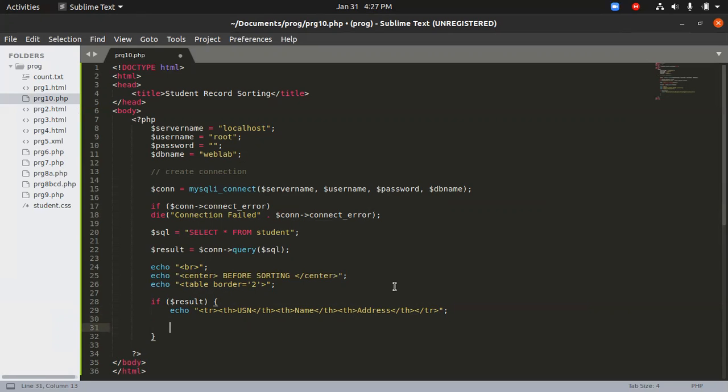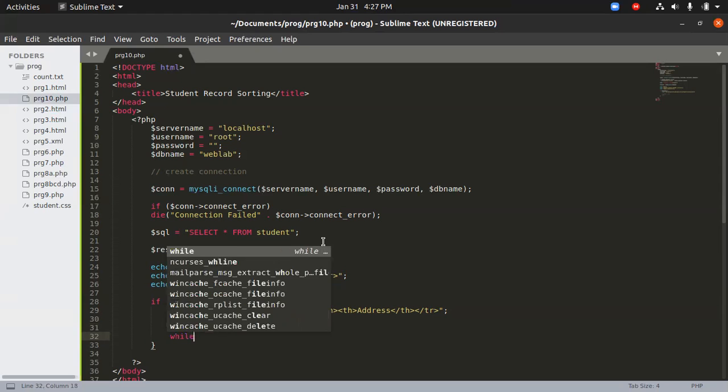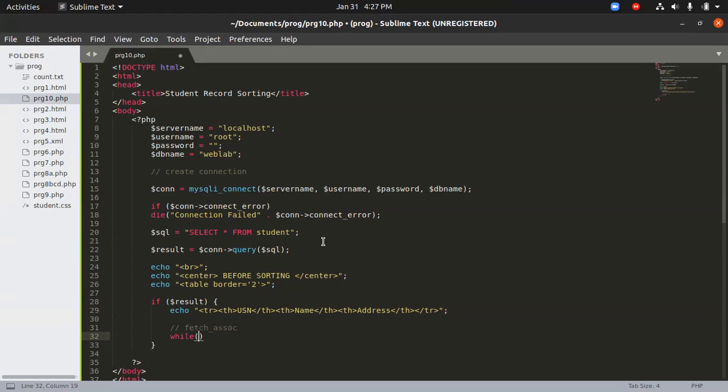So now the value that it will return will be an array. So we're going to fetch it as an associative array. For each row, we are going to print the statements. We'll use a while loop to do that. Fetch associative array. So we'll use while, row.